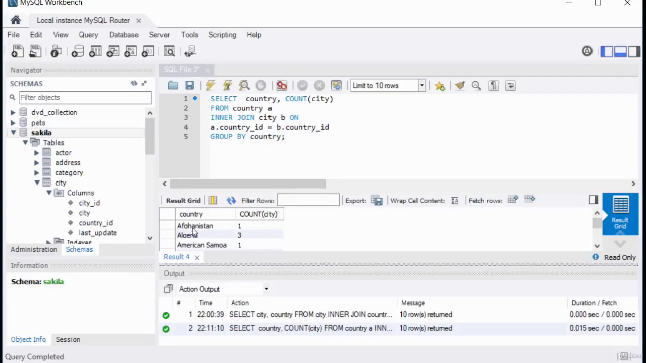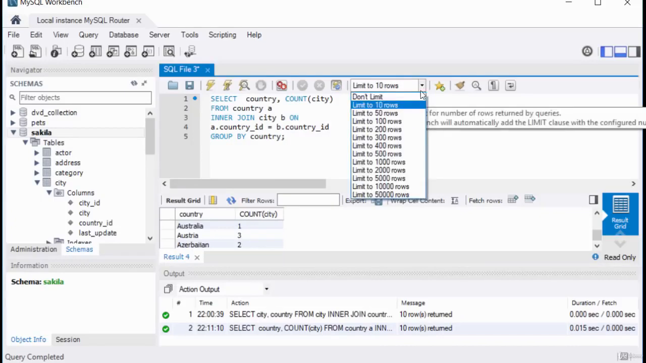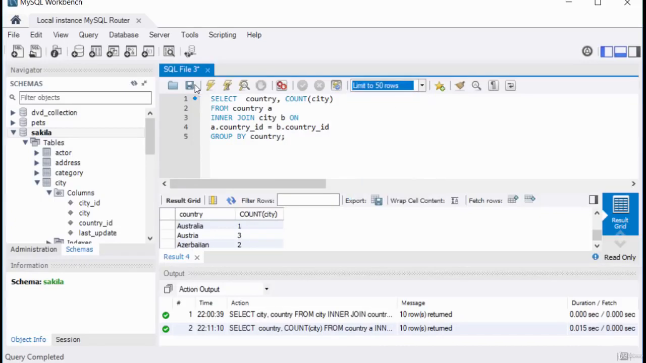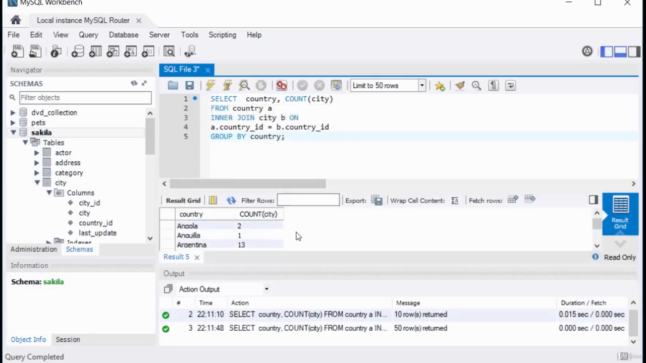It tells you Afghanistan, there's 1 city, Algeria, there's 3, and so on. This country, there's 13. Austria, there's 3. As this place, there's 2. I've only limited my query to 10. So if I, for example, made it 50, I run this query again, you can see I've got a lot more here. See this China here, we've got 53